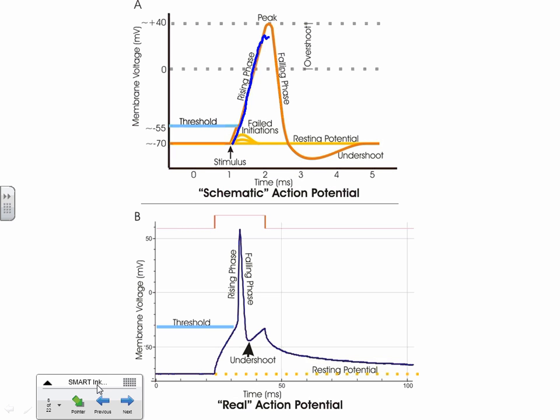Anyway, sodium continues to rush in until the charge gets up to about +40. And when it does, what happens to the sodium channels? They close. And what's triggered to open? Potassium channels. And which way is potassium going to move if it can move? It's going to go out. So as the potassium starts to rush out, what starts to happen to the voltage inside that neuron? It decreases. It goes back down. And eventually it gets back down to normal.